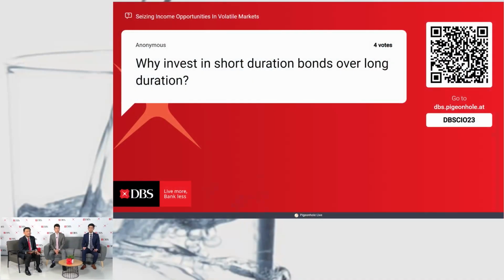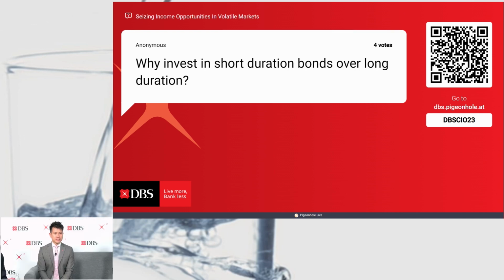Okay, thanks, Jake. This is for Daryl. Why invest in short duration bonds over long duration bonds? Yep. If you noticed in the presentation earlier, short duration bonds have a lot less sensitivity to changes in interest rates. Let's take a very recent example. If you look at what happened with 10-year or 30-year bond yields in the last 2 months, you will notice